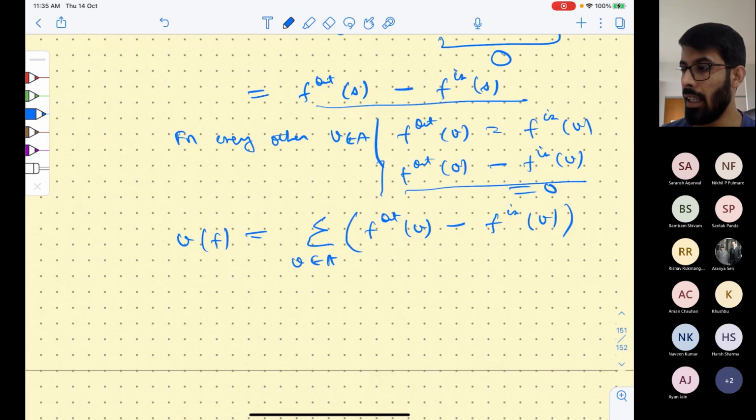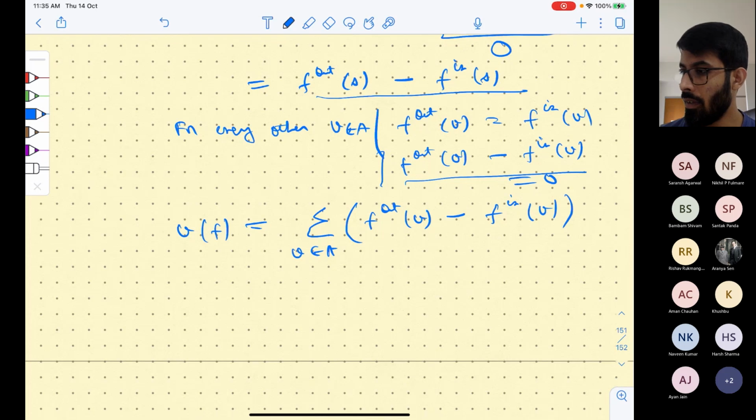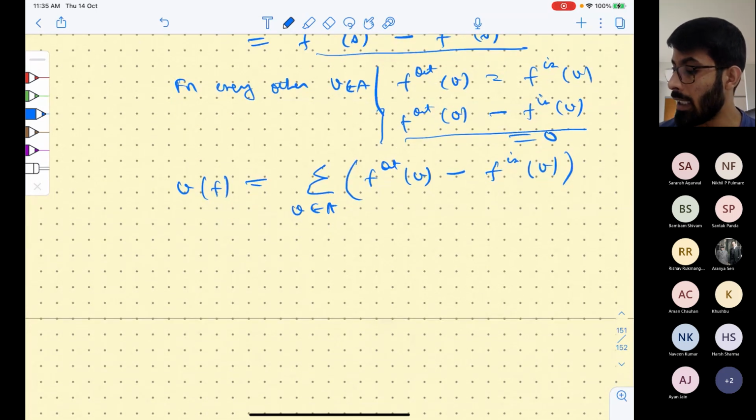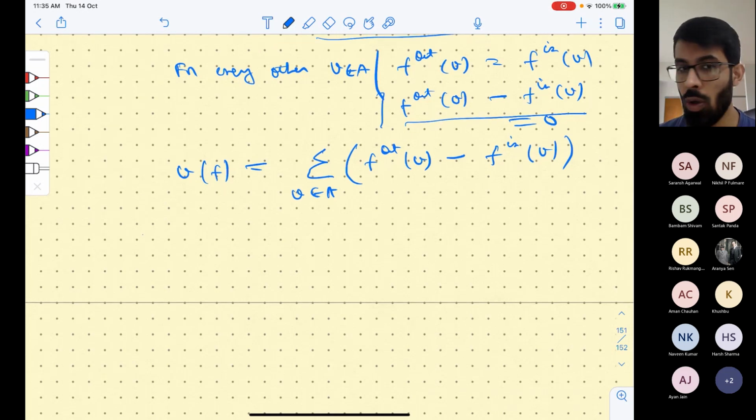So is this clear? But now let's say, what is this F out of V minus F in of V? So look at an edge and look at how it will be counted. So there are 4 kinds of edges now. So you have this A and B. Okay, so look at an edge UV,